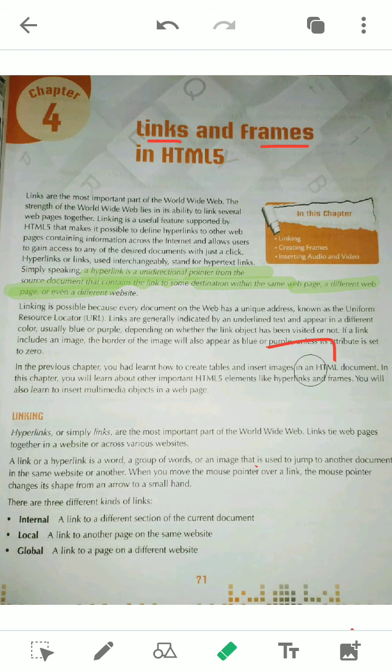Then you see how hyperlinks are actually displayed. When you see any hypertext, it is most probably highlighted in a different color. Basically it comes in blue, though we can still change the default color. If you have not clicked it, it is blue. Once you have clicked a link and come back, you can see the color of the link has changed.